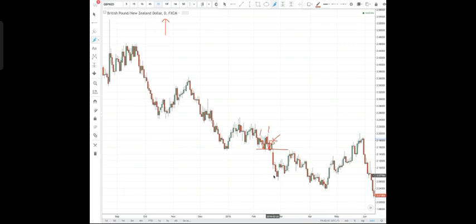Make sense? So for example, if I say this is the breach, right? We all know what a breach is now. Who's responsible for this breach? It's not this guy, because when he came down, he bounced and went up. Look at this green candle, it went back up. It's this guy right here.